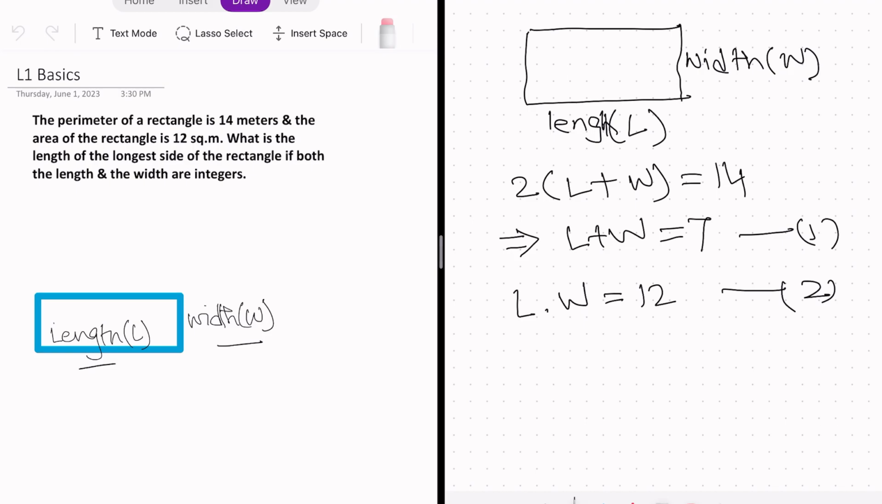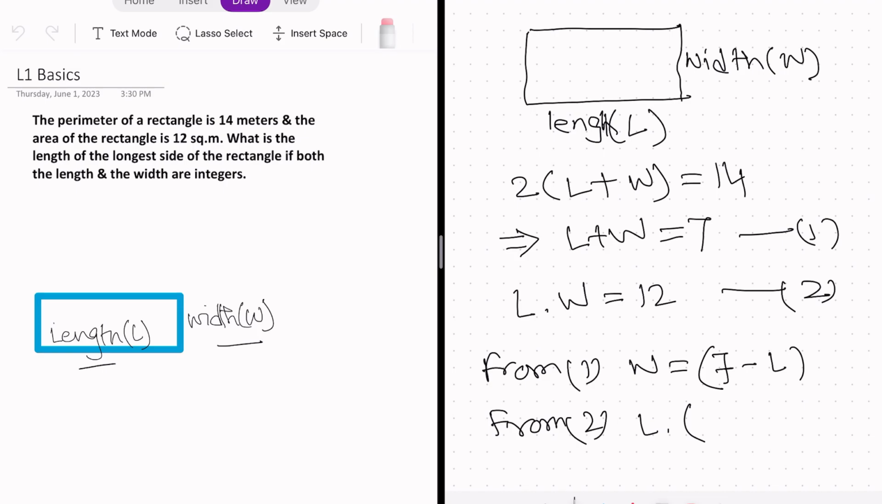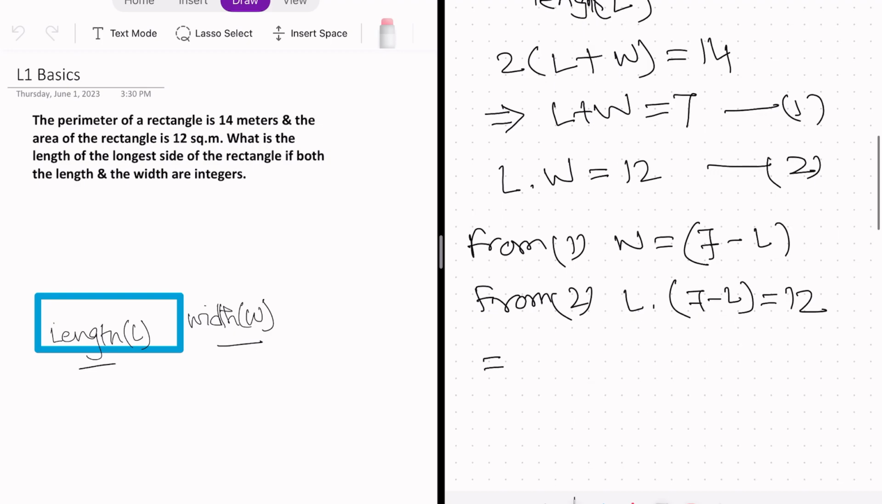So from 1, I can say W is equal to 7 minus L, and replacing that in 2, I'll get the quadratic equation L into W, which is 7 minus L, is equal to 12, or 7L minus L square is equal to 12, or if I simplify this, L square minus 7L plus 12 is equal to 0,